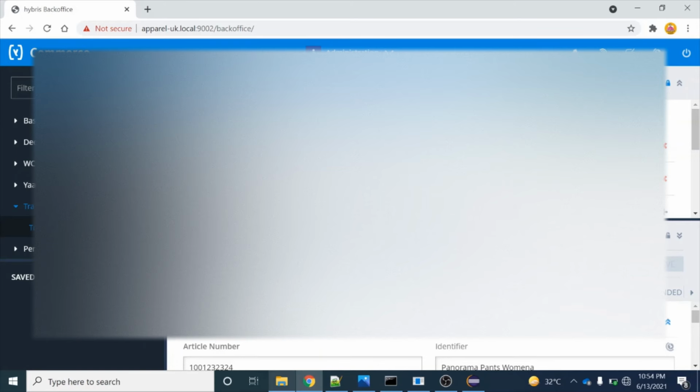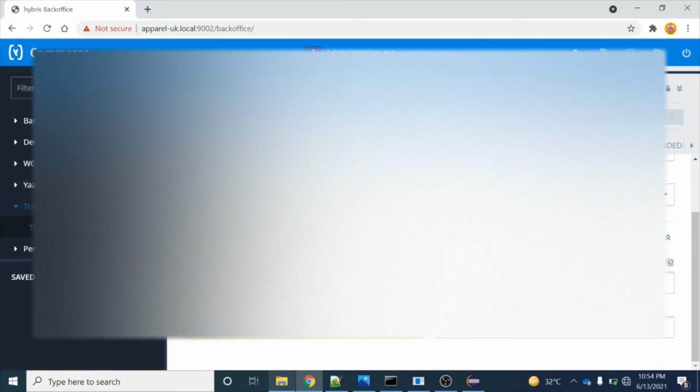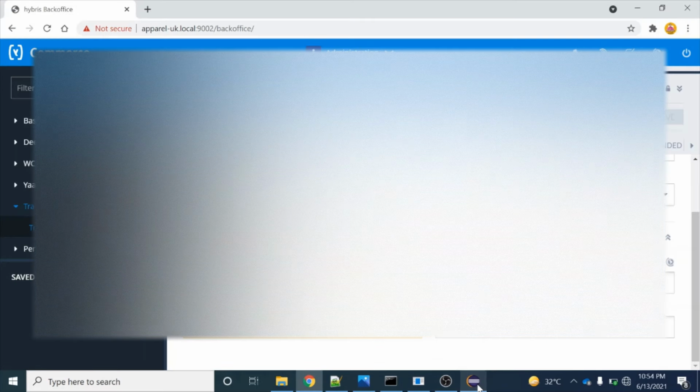Let's verify this as well. I am in the common tab now. Inside this common tab, we have a common section, and over here you can see we have article number, identifier, description, and price quantity. These are the attributes which we have given over here. So I hope this is clear to you how this is working. Even if I try to save anything with a description, that will also work. I'm just clicking on save, so that detail will also get saved into the database.